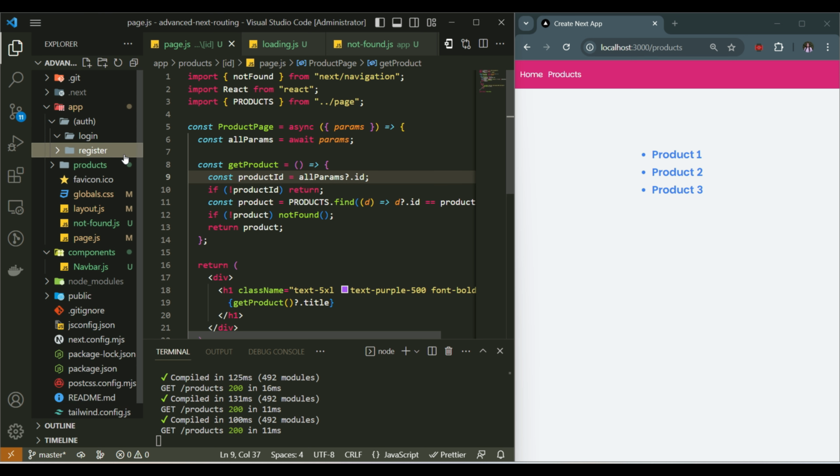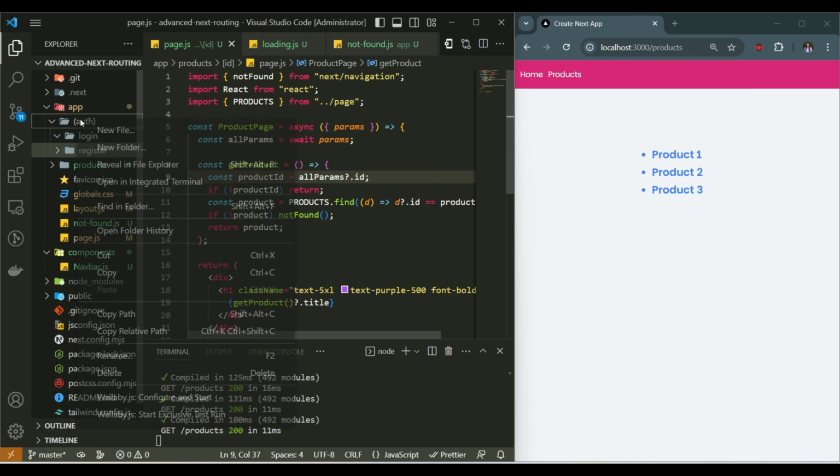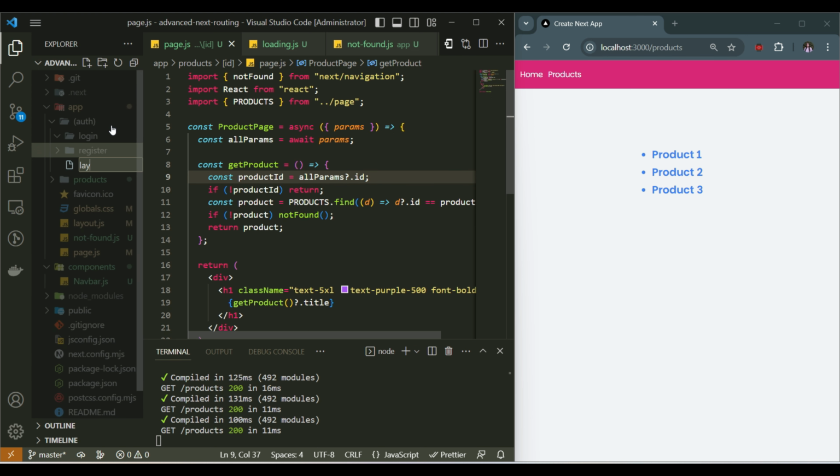Okay, now I've created two folders, but I want the same layout for both of these folders. For login I want the same layout, and for register as well I want the same layout. So grouping routes can help with that as well: this folder is not counted as a route, as well as we can have the same layout for all the child folders, nested folders inside that group folder. So basically I'm going to create a layout file